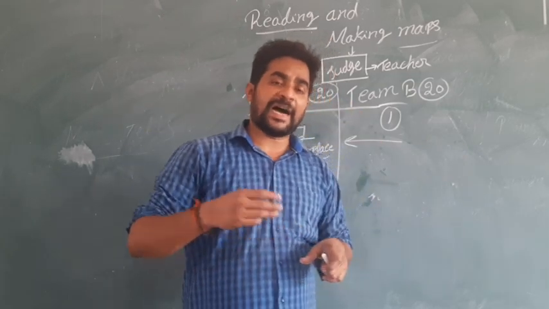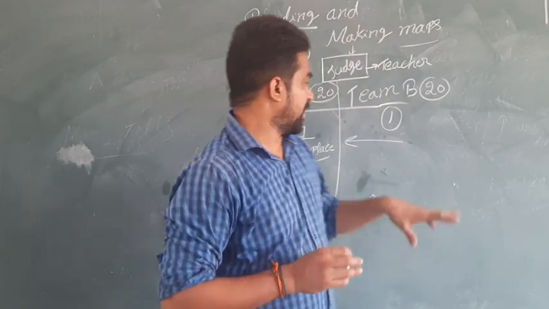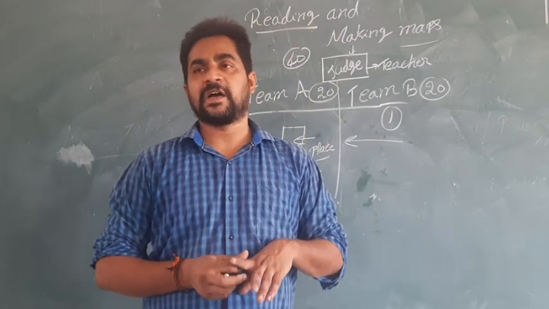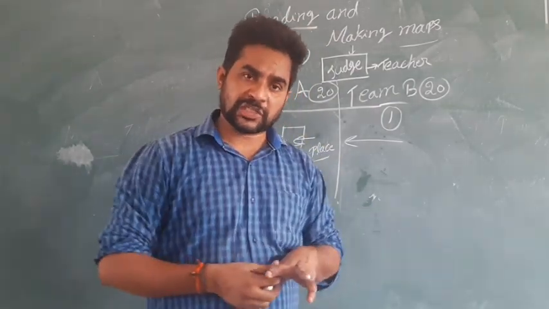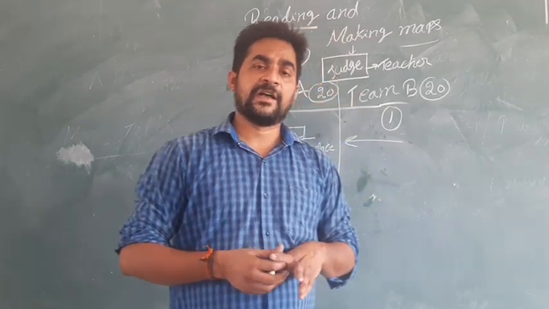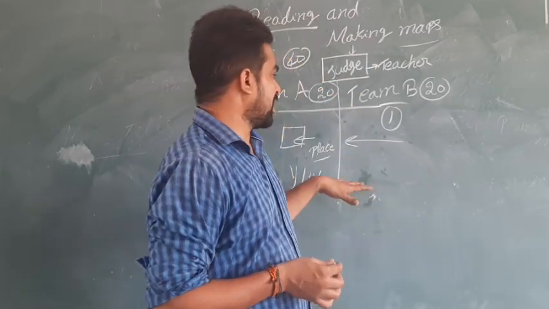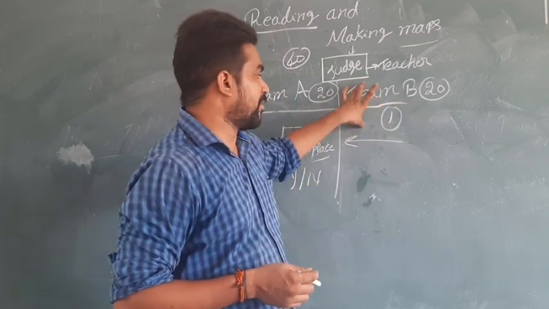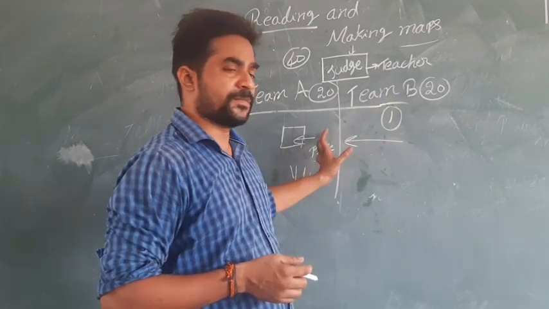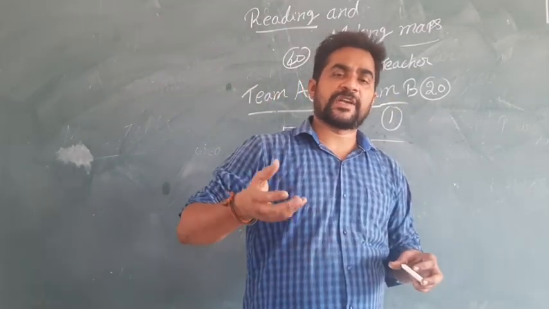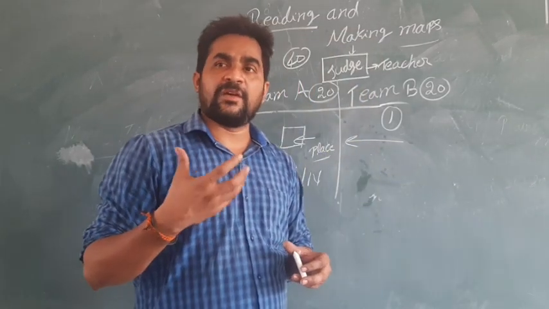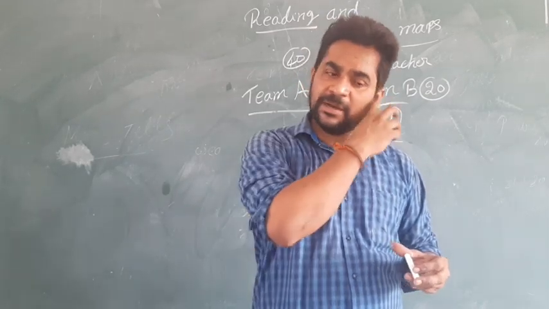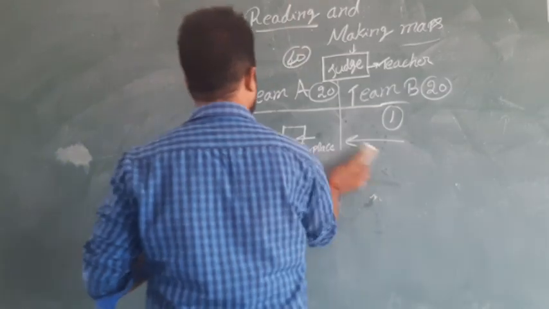Then team B will ask different types of questions based upon the place. Does the place belong to India, or does the place belong to Telangana, or is that area a coastal area or a hot area? Some specific clues. Finally, if team B gives the right answer, then team B will get 1 point. Like that, we can play this game for some time. You can understand the different types of places, the specialty of the places, and also the character of the places. Now I am going to explain that.